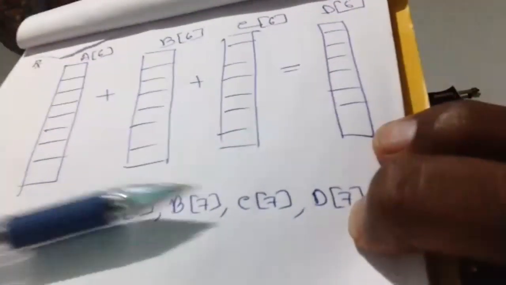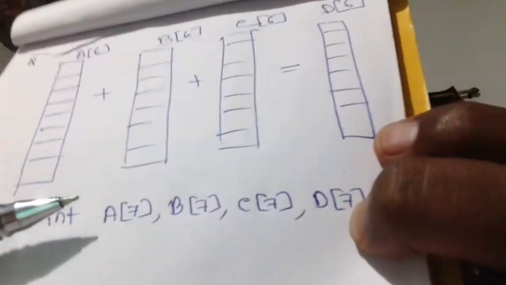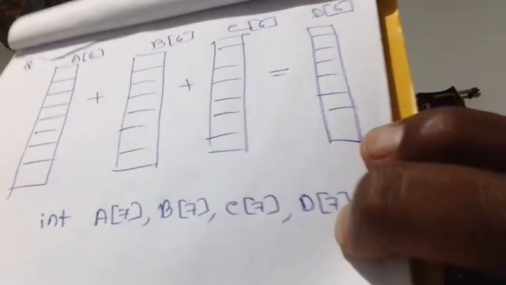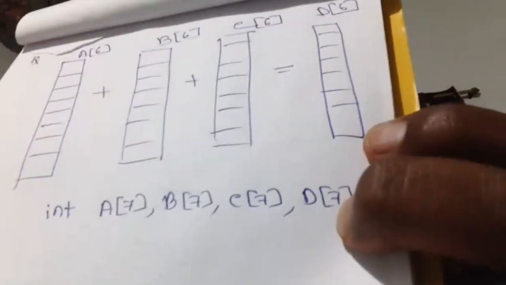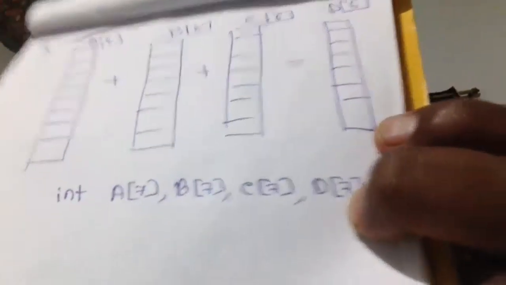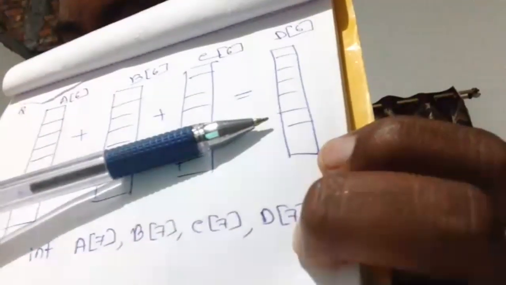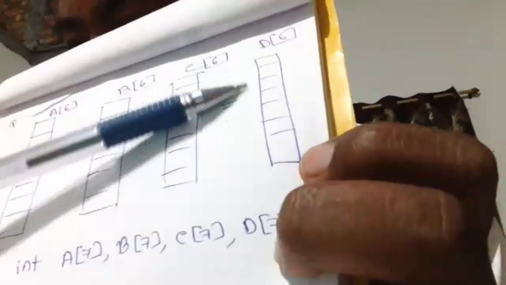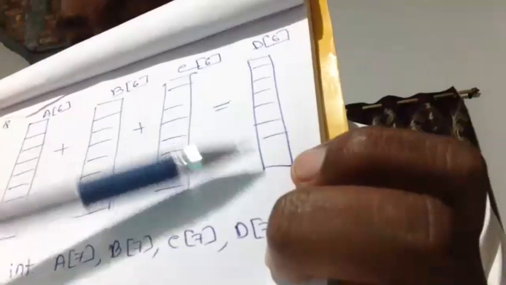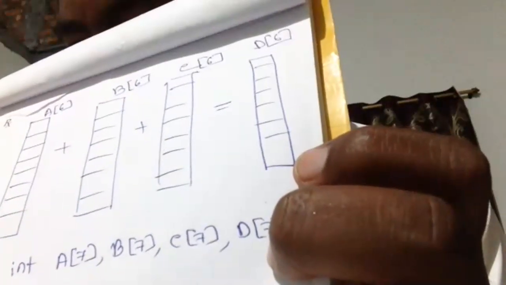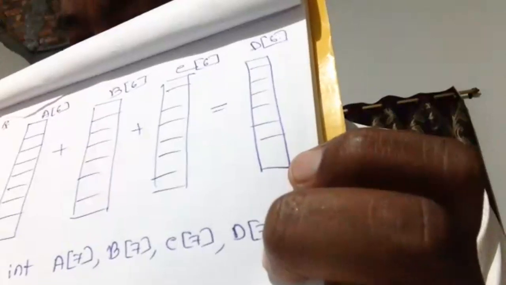So this is similar to int A, int B, int C, int D. Means where we can go for D equal to A plus B plus C. Addition of 3 numbers. Same way here also, we are adding 3 arrays, not single data. More than 1 data, that is 6. Okay. So how to go for A? I have to generate the address. Isn't it? A means A1, A2, A3, A4, A5, A6. How to go for that? I need one for loop, incrementing the I value from 1 to 6.